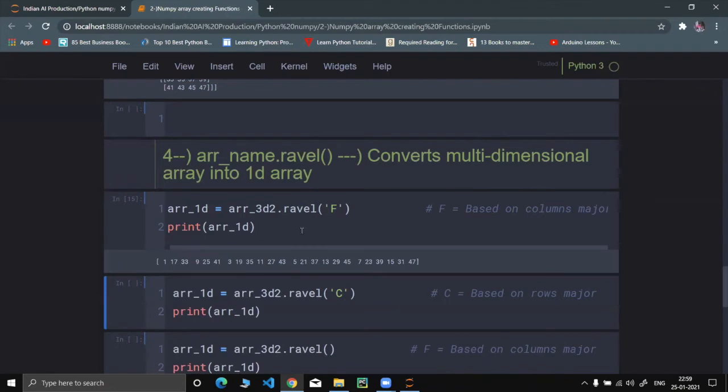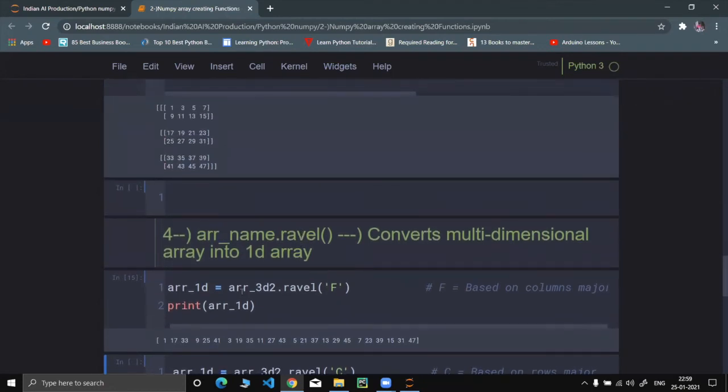See, what it will be doing is this: first element of the first array, first element of the second array, first element of the third array, then first element of the second row of the first array, second row of the second array, and second row of the third array.